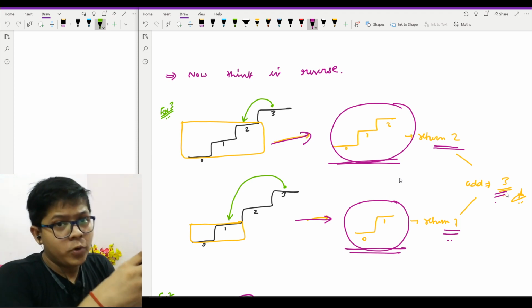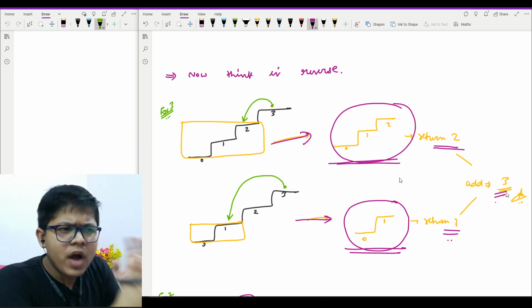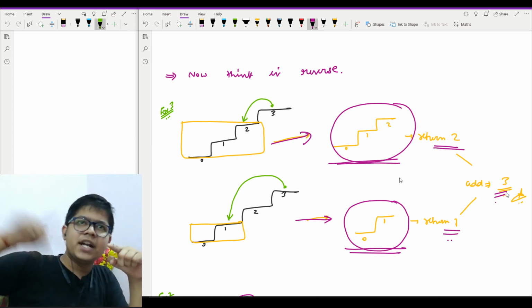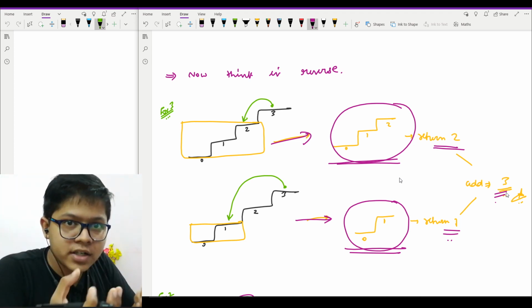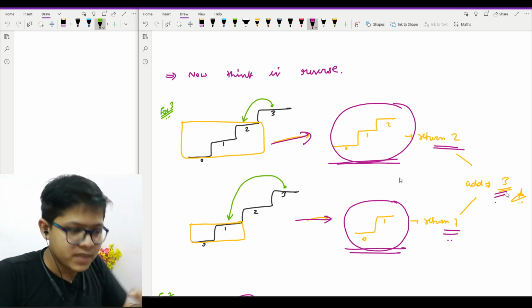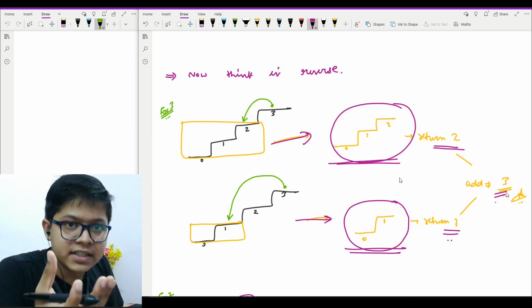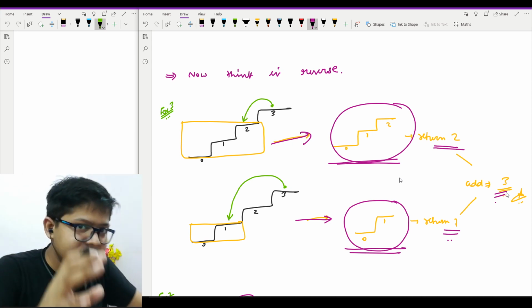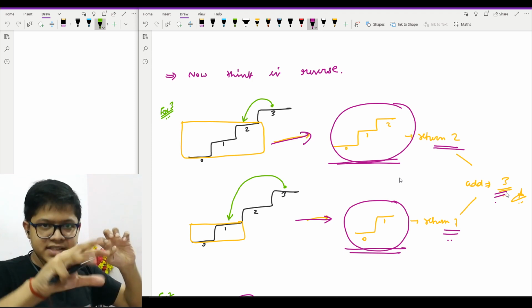Now I hope you must have understood how it is actually happening, that we can have a staircase jump of 1 or 2. Thus, as I said, I'm adding these two options, and as I'm adding these two options, I will get the result of staircase 3. So now I can assume that for the nth staircase I will have an answer